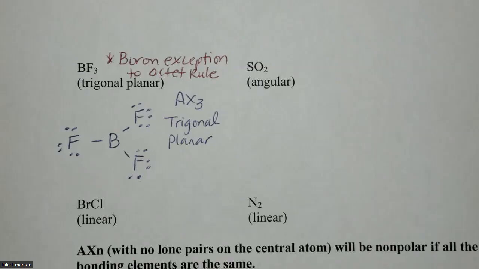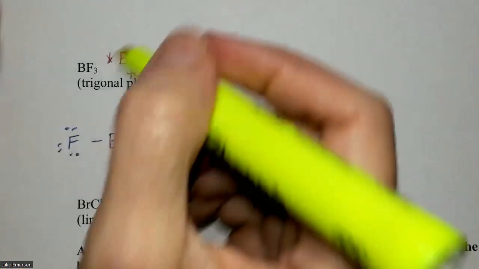Okay, so picking up where we left off, boron is one of the exceptions to the octet rule. We know that we can expand the octet, but what about when we have an incomplete octet? We talked about hydrogen having the duet rule. Boron is just 3 bonds typically, so it only goes to 6. So just make sure you remember that when you see boron, it doesn't happen often, but when it does, just